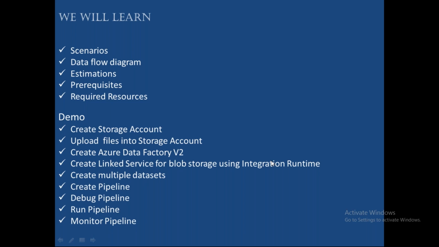We already know the difference between debug and run. Debug means you can create breakpoints and execute the pipeline partially. Run pipeline means you cannot create a breakpoint, you have to run the entire pipeline. Debug you can do without publishing. Run you have to do once you publish. Without publishing you cannot run the pipeline. All these details we know already.